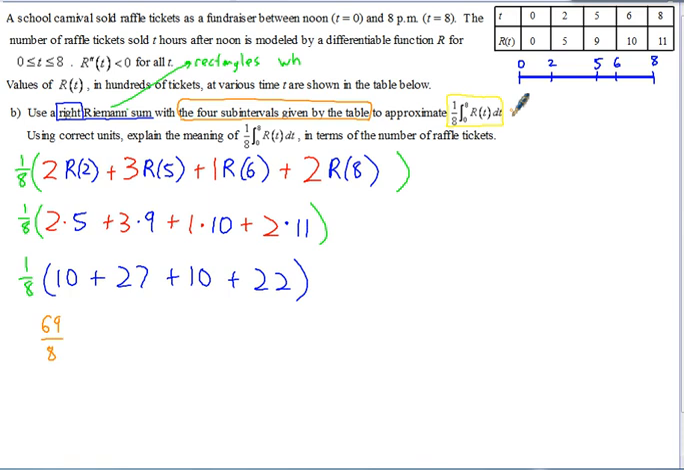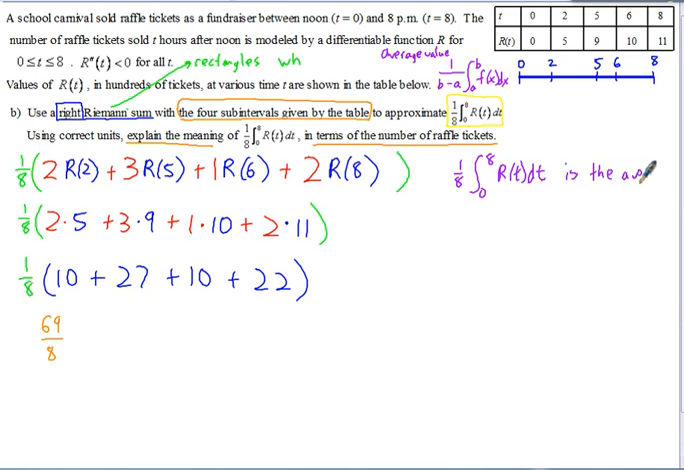But now let's think about why that 1/8 would be out there, when it says explain the meaning of this in terms of the number of raffle tickets. Okay, so we're putting it in the context of the problem. Well, whenever you see that out in front, it's because it's coming from this formula, 1 over b minus a, integral from a to b of whatever the function is, in this case r of t. And remember, this is the average value formula. So you can see they're just simplifying 8 minus 0, which is just 8. So that's how we're going to explain the meaning of this. We've got the 1/8 integral from 0 to 8 of r of t dt